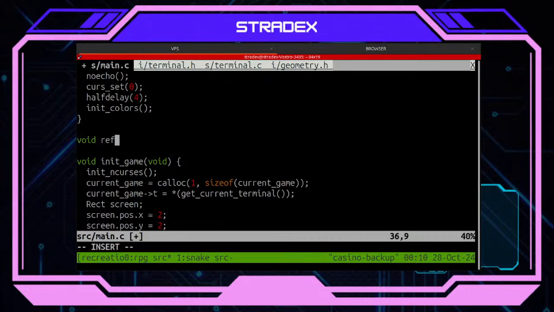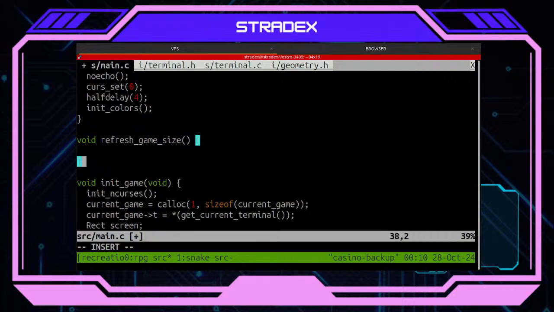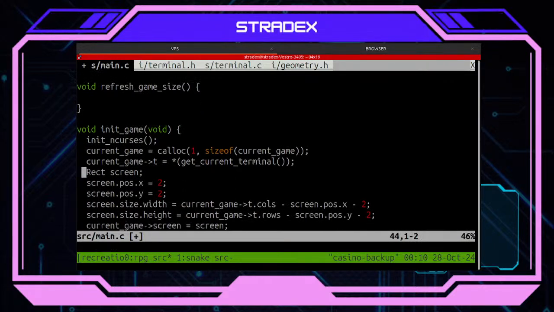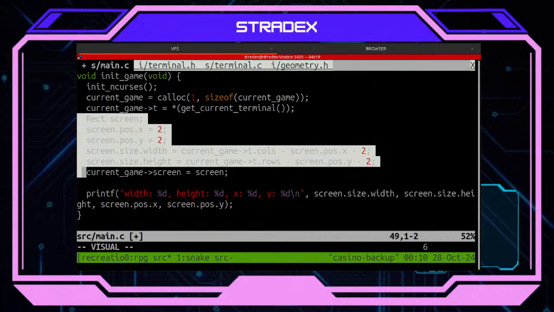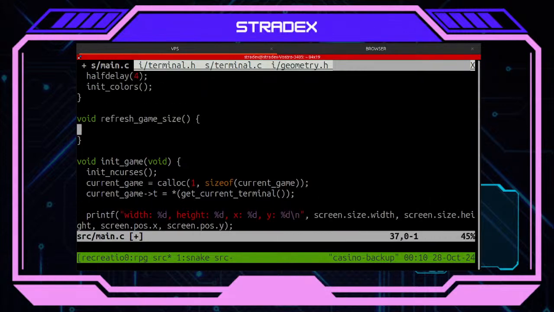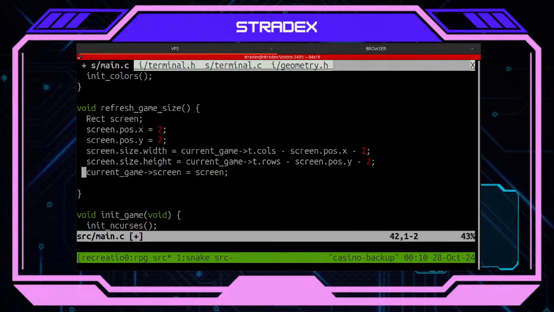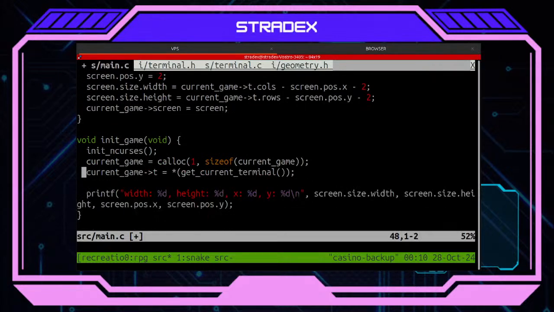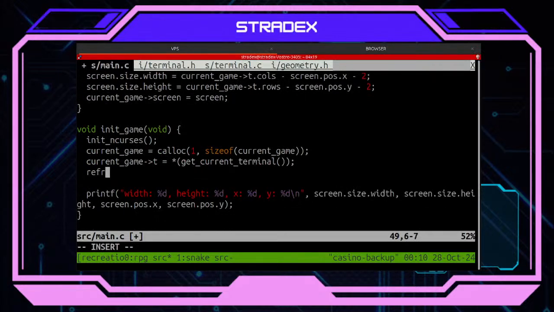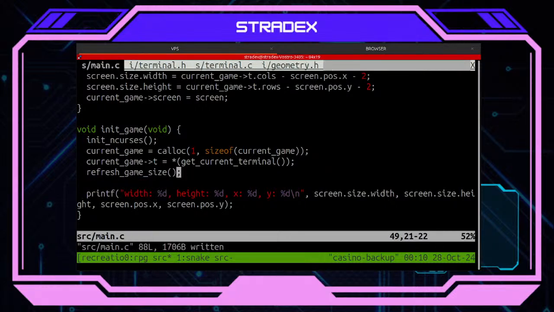Void refreshGameSize. And what I want here is you to go like this. Refresh game size.